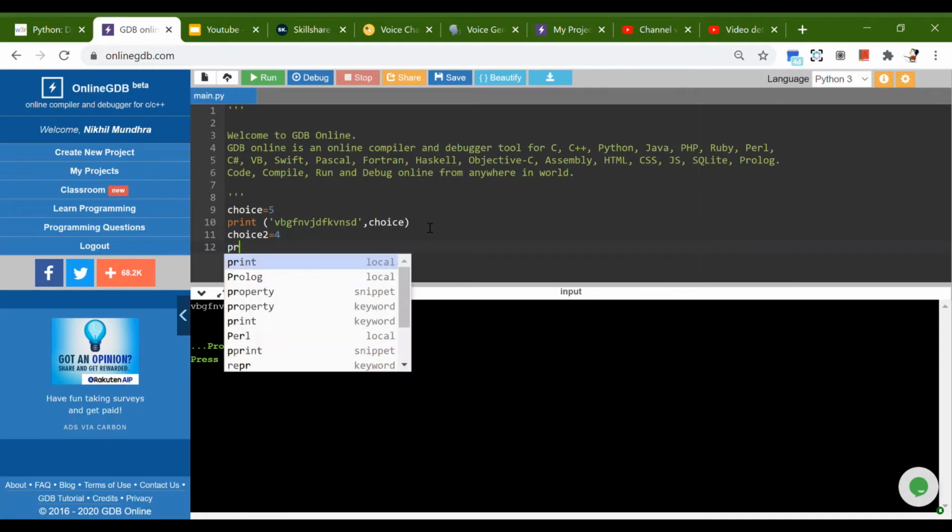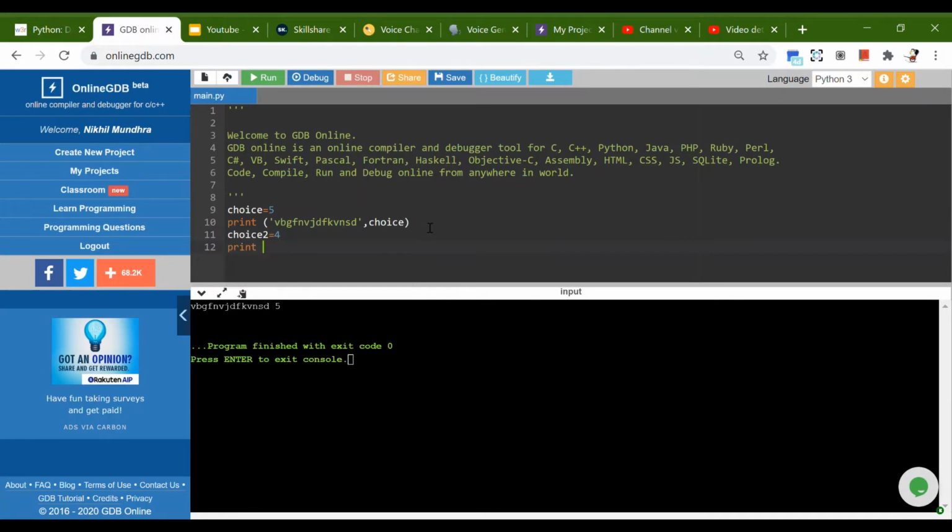If you want to take two choices from a user, then you can simply put the other variable as choice2, and then you can input the data, and then you can put a print statement which will spit out the other variable. So here my print is going to give out choice2 and then the value inside choice2.